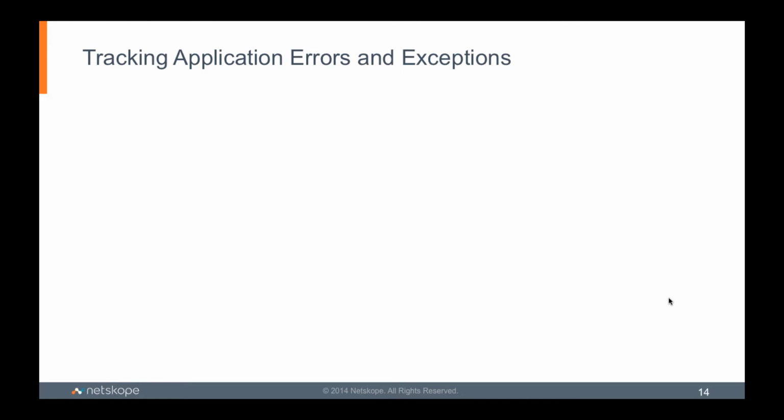Tracking application errors and exceptions. So obviously, developers are prone to emit all kinds of errors and exceptions in their logs. We at Netskope took upon an effort to make sure that things are standardized. Even though Sumo Logic can really handle all kinds of formats, we really want to standardize on errors and exceptions so that there are certain metrics that we can easily pluck out from different services, even without having to build custom queries. And we did that.